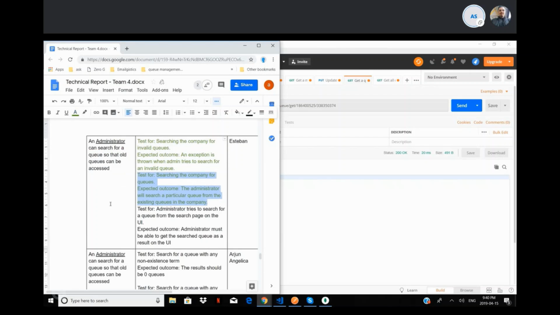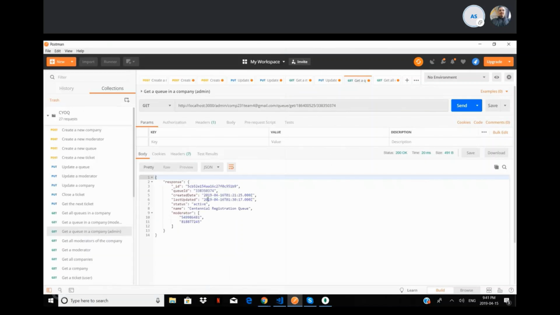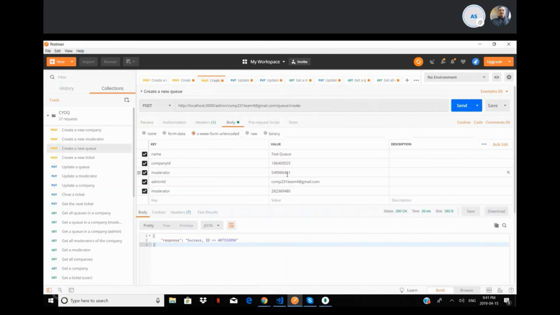Okay, and the next case is: administrator tries to search for a queue from the search page on the UI. Unfortunately, we don't have the UI part ready at the moment, so we can show this in Postman, but without the UI. So the expected outcome is that the administrator must be able to get the searched queue as a result. Since we only have one queue, as you can see,